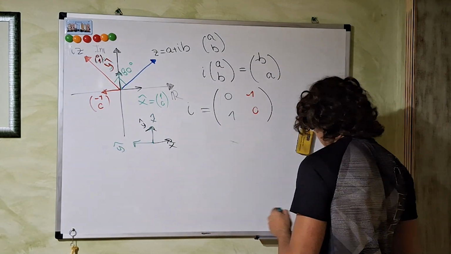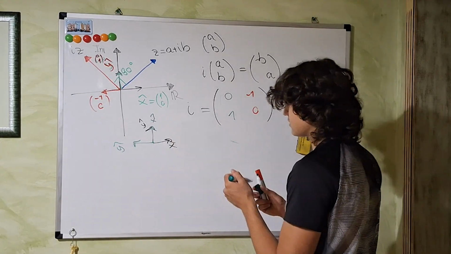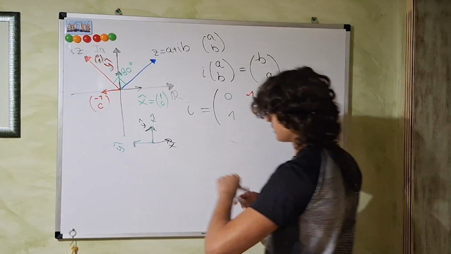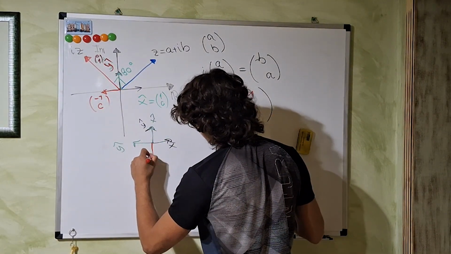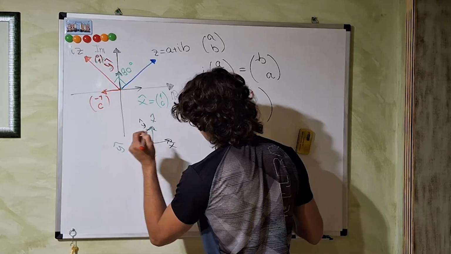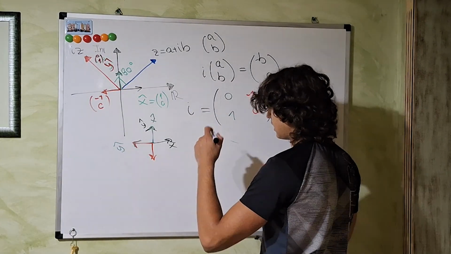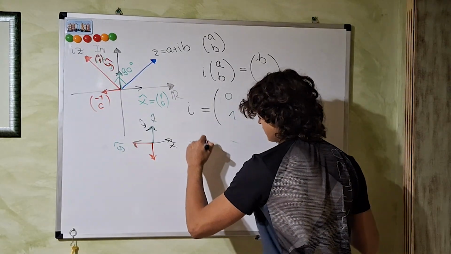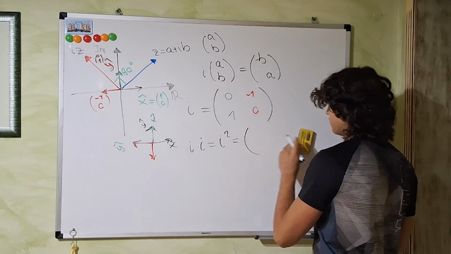If we do it another time and take these two green vectors and rotate them by 90 degrees, y hat lands here, and x hat takes the place of y hat. So if we apply i twice, meaning i times i, so i squared, we have the following